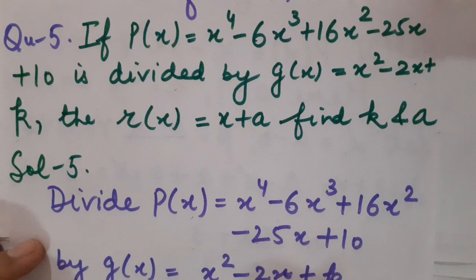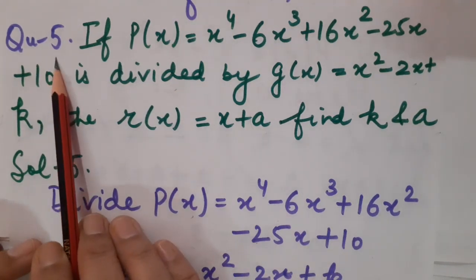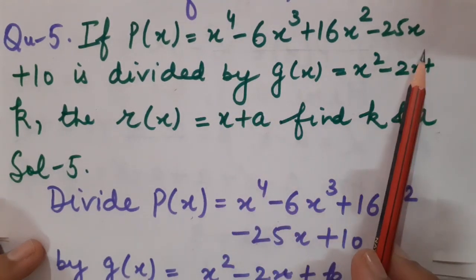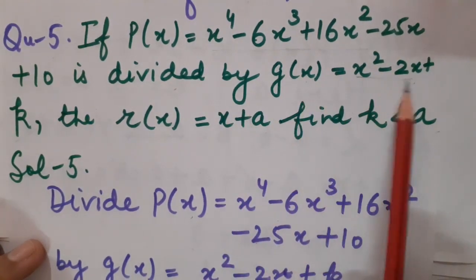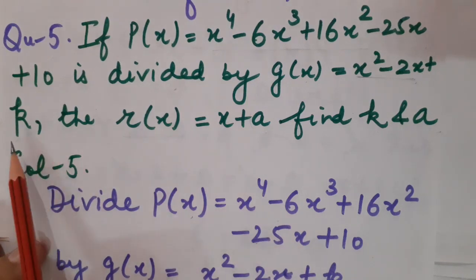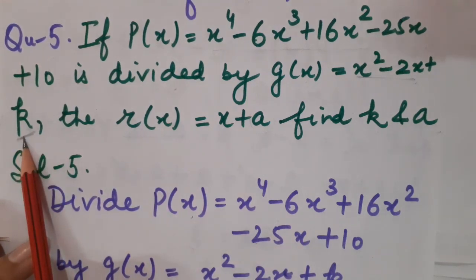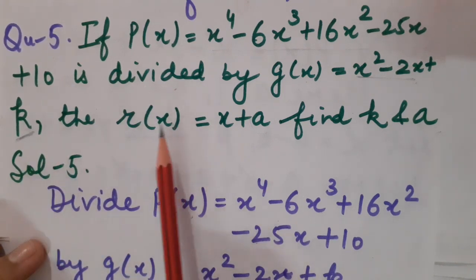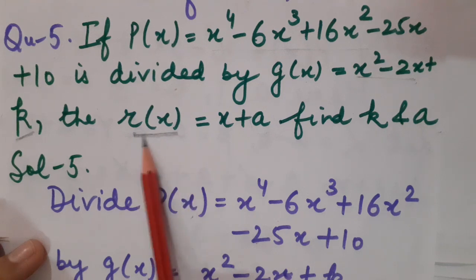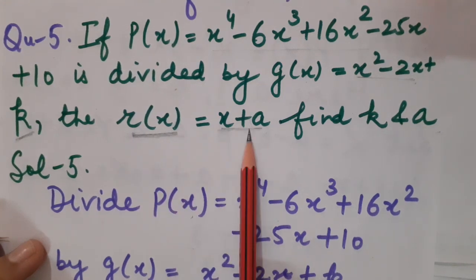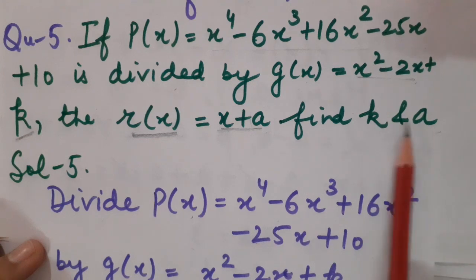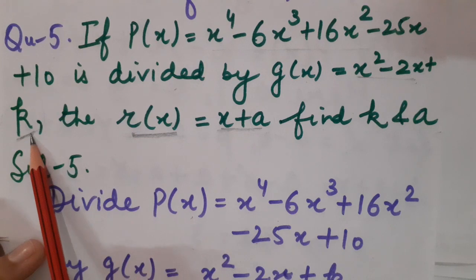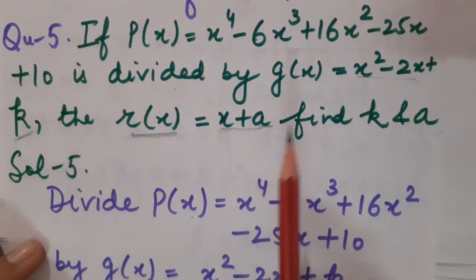Now children, let us start. This is the last question of the optional exercise. What you have to do in this question, basically you will be given a biquadratic polynomial. You have to divide it by a quadratic polynomial, but in that quadratic polynomial, the constant term will be an unknown variable. And after that, for comparison of the remainder, you will be given some remainder, and ultimately you have to find the value of both the unknown variables. One unknown variable is present in the divisor and another is present in the remainder.